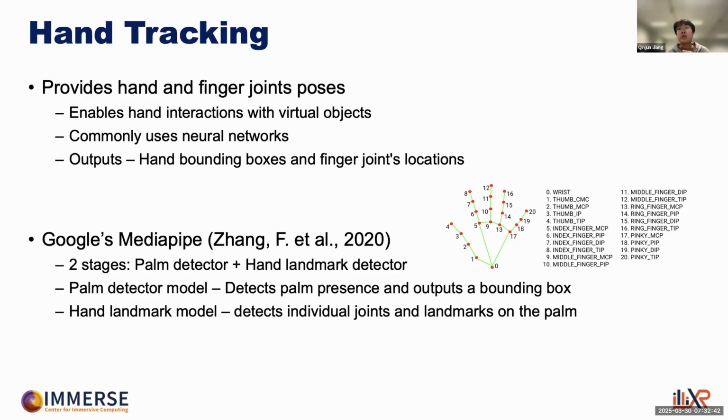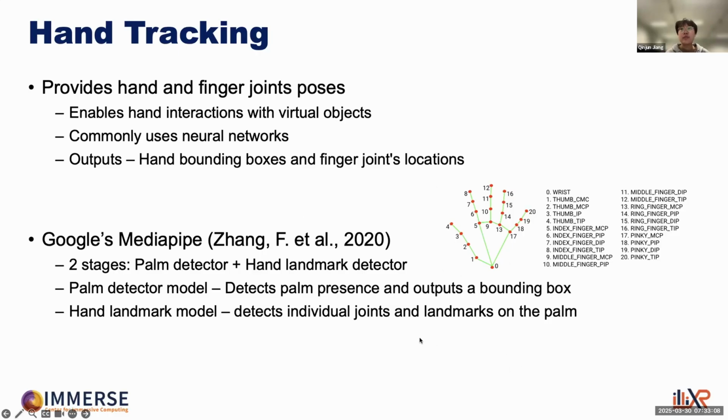It's very common to use neural networks to do this hand tracking process, where you input some RGB images and maybe some depth images and also your current pose to the network. And the network will output a bounding box, which covers the area of your hand and also gives you the finger joint locations as shown in the right figure.